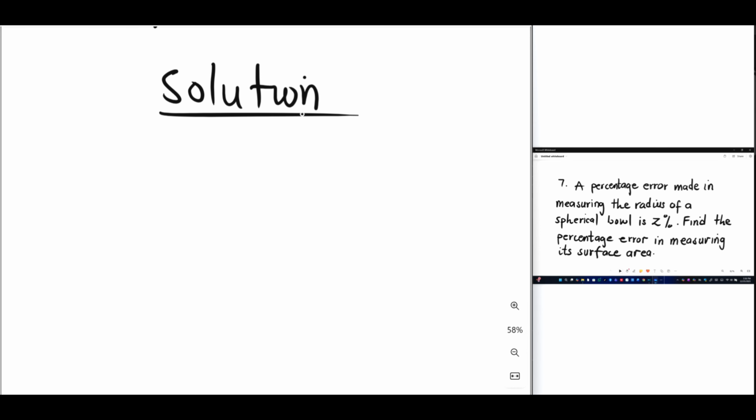So when it comes to the surface area of a sphere, we have the formula to be 4 pi r squared. So this is the formula for calculating the surface area of any spherical shape. All right. Now we were given the percentage error in measuring the radius of the spherical bowl. Right. So we know that